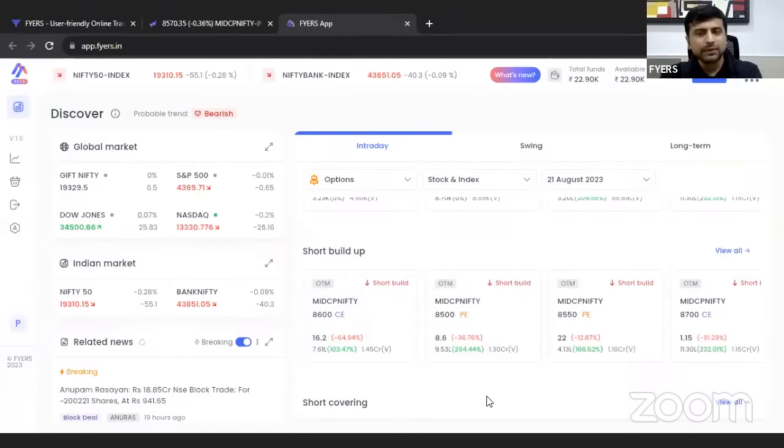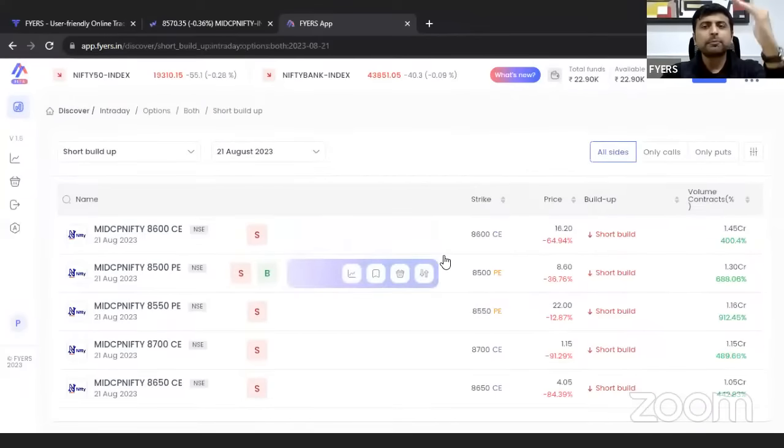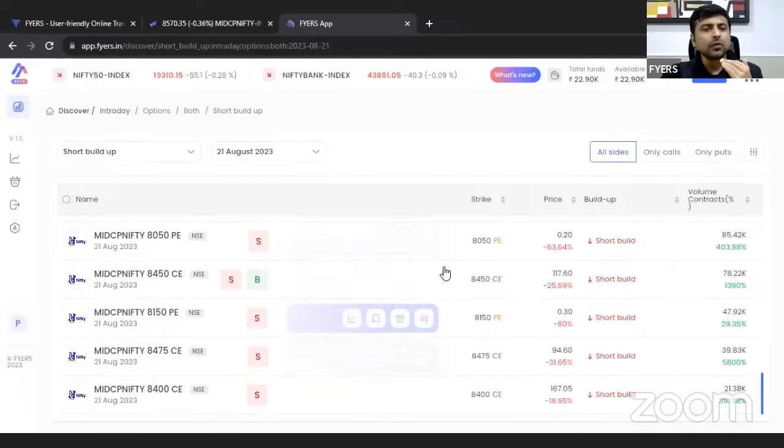Similarly, 8500P पे भी हो रहा है, 8550P पे भी हो रहा है, and so on. If I want to track हर जगह में कहाँ पे हो रहा है, तो मुझे यहाँ पे short buildup के right side पे view all पे click करना पड़ेगा. क्लिक करने के बाद ये पूरा लिस्ट खुल जाता है जहां पे I am able to track what is happening